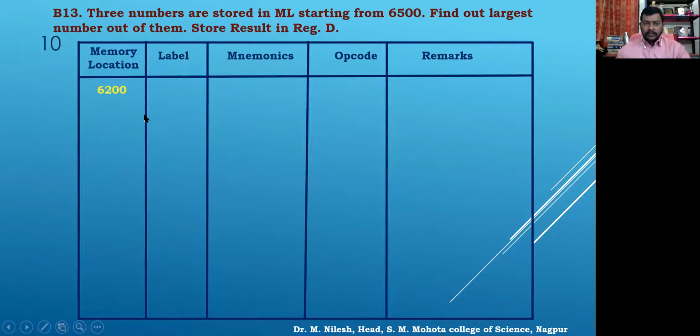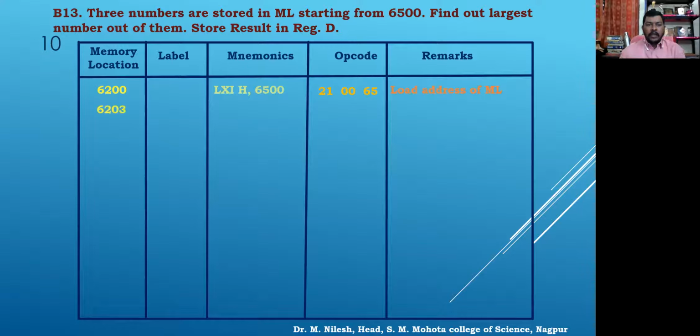Then the first instruction, as always, is to load the HL pair with the starting address of the memory location, which is 6500. So the data is stored at 6500. I guess you have got this. Then what is the opcode for that? I hope you have remembered this. That is 21, then the lower order address, that is 00, and then 65. Then what it has done is load the address of the memory location where the number is stored.